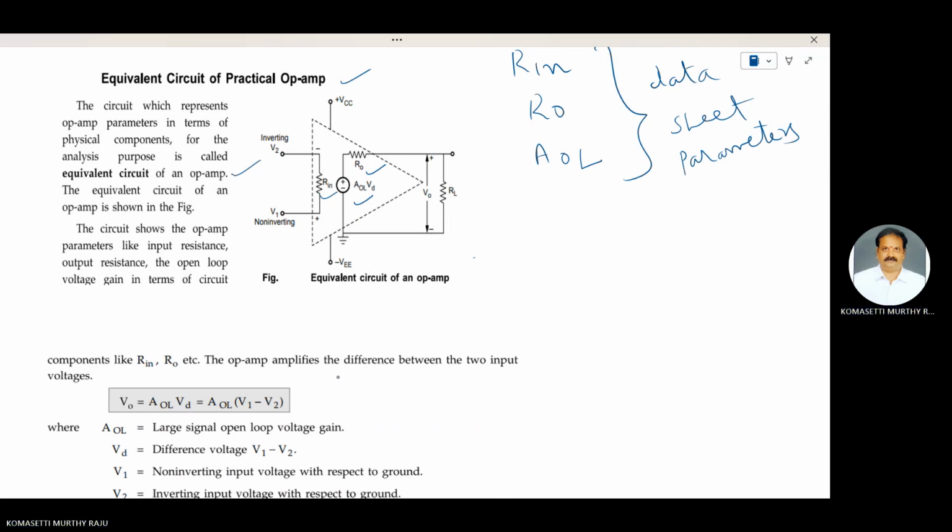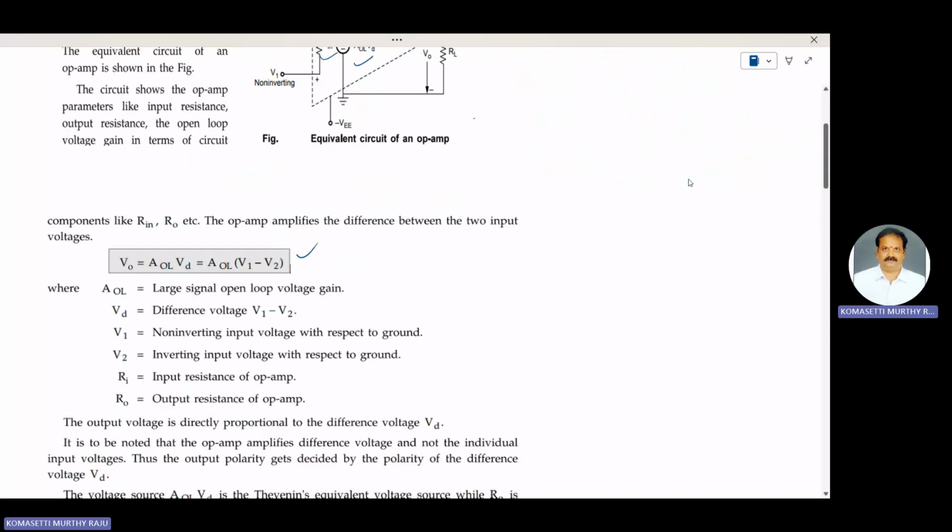The op-amp amplifies the difference between the input voltages. Therefore, V0 is equal to AOL into VD, that is equal to AOL into (V1 minus V2). AOL is the large signal open loop voltage gain. The difference voltage VD is equal to V1 minus V2. V1 is the non-inverting voltage, and V2 is the inverting voltage, measured with respect to ground. R0